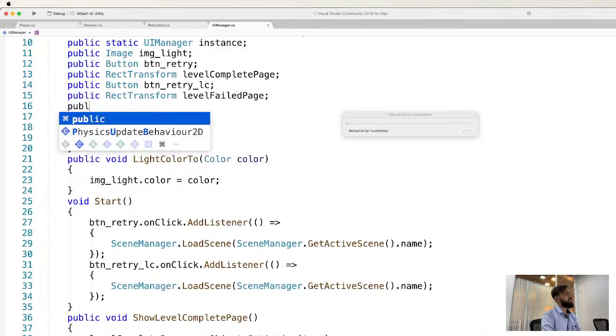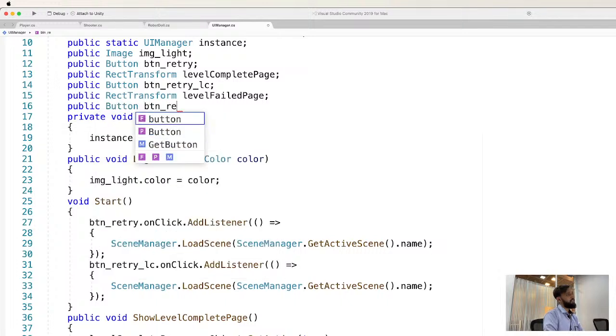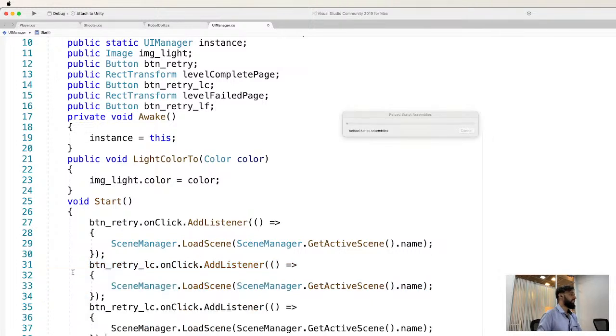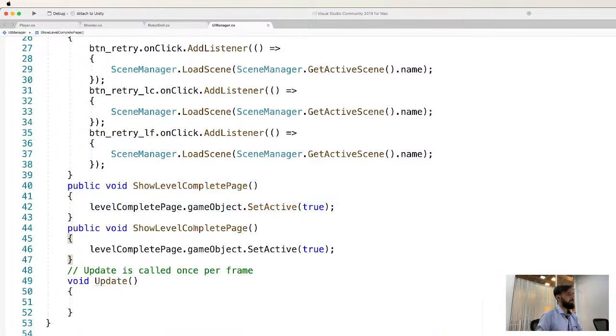UI uses RectTransform, so it's better to have a RectTransform, not the GameObject. So now the button. Same, we will create a retry for level failed. We will copy the same thing, just say LF, and the same function, just level complete